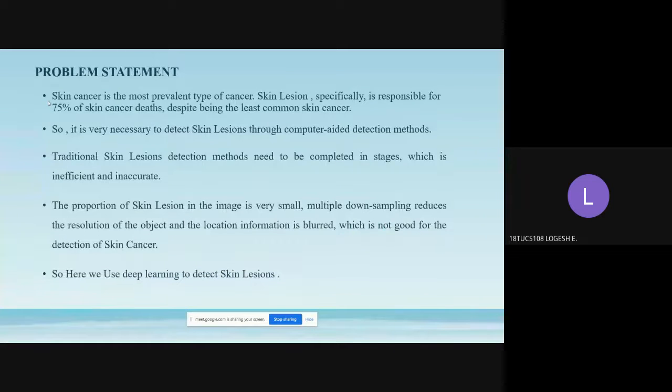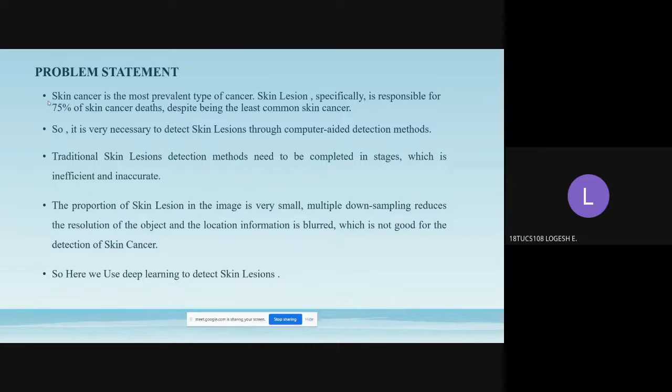The problem statement. As we know, skin cancer is the deadliest disease in the world. One case study tells around 75% of people die due to cancer. If we don't find it earlier, it may cause severe reactions or sometimes death. In olden days, skin lesion detection was made by the doctor, who sees the patient's mole or scar. It takes more time, around 7 or 8 sittings with the doctor. It is inefficient and inaccurate.